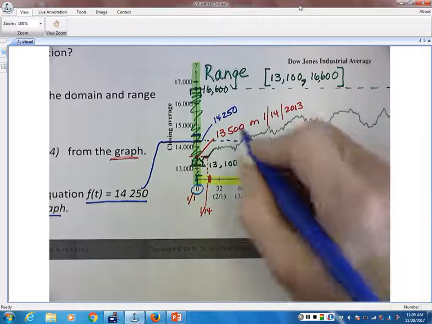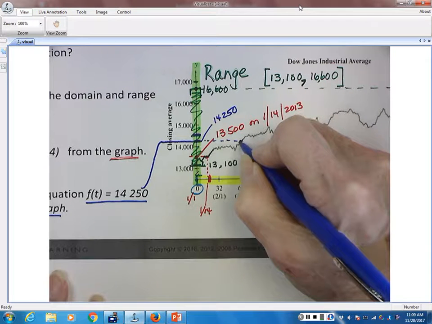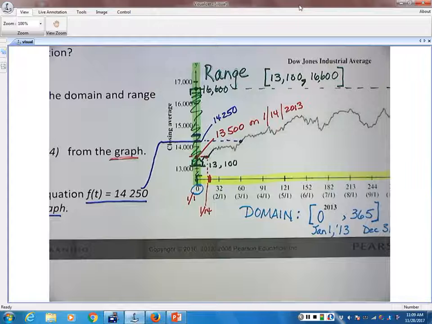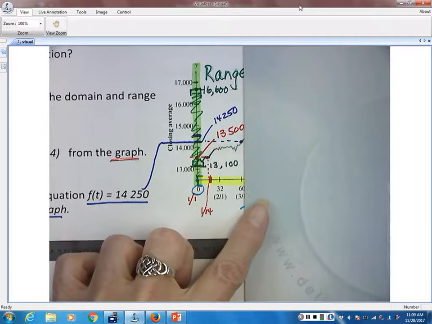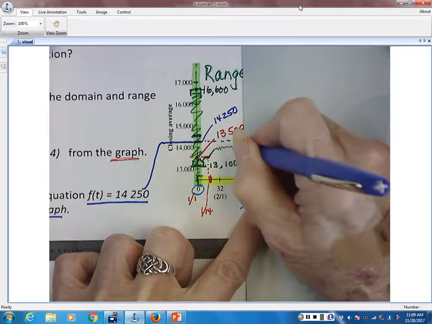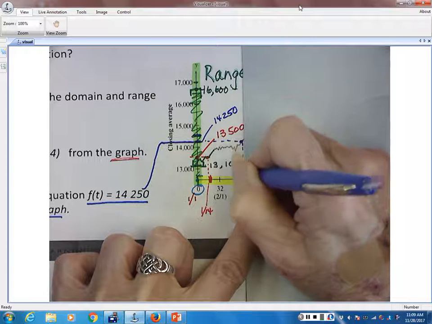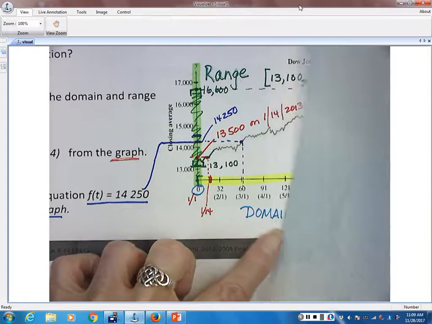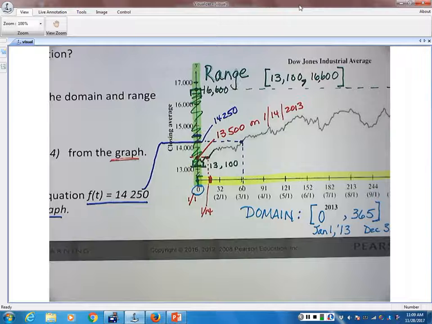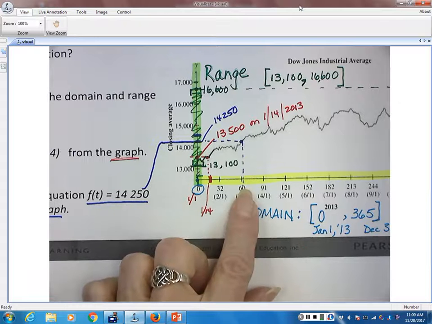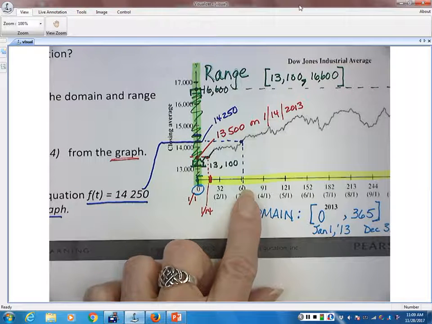So it looks like it hits the graph about here. And that appears to be somewhere past March 1st. It looks like, by my estimation, it would probably be on day 61, which would be